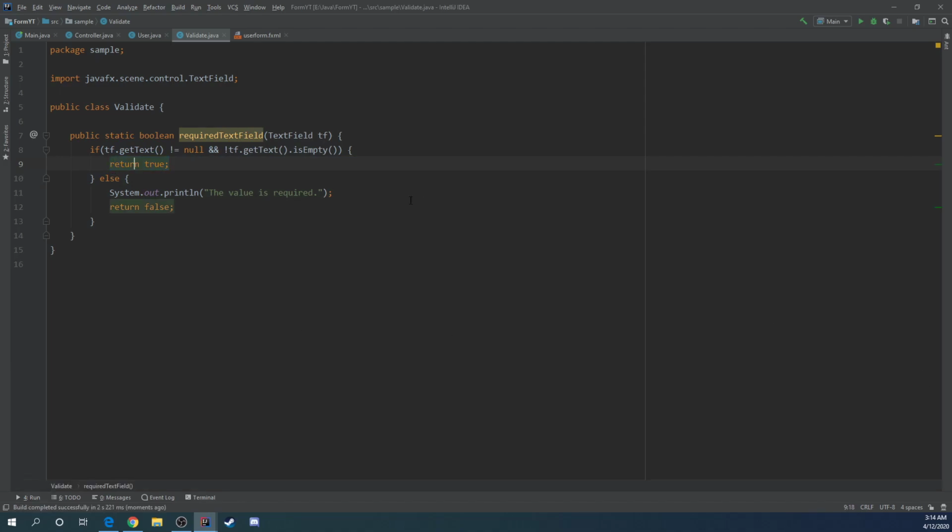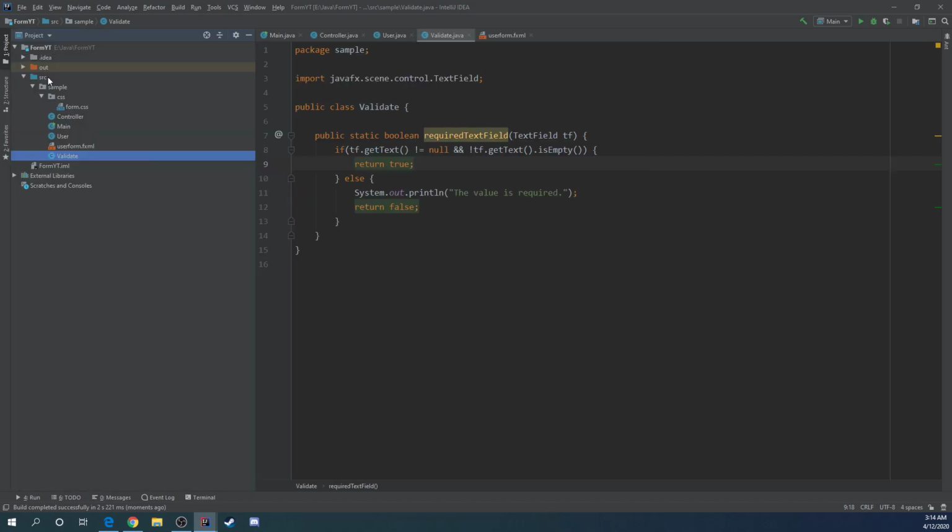All right, so what if you want the user to have some kind of feedback besides something popping up in the command line that they're probably not going to see? Well, in order to do that, we're going to use a little bit of CSS. So we're going to go back to our project, and we're going to go to